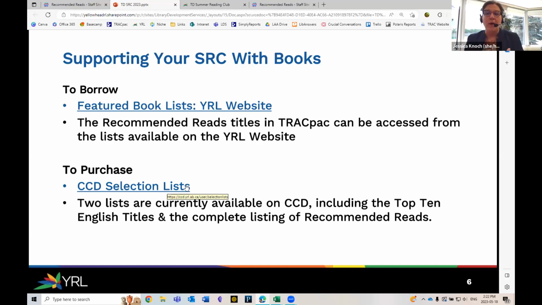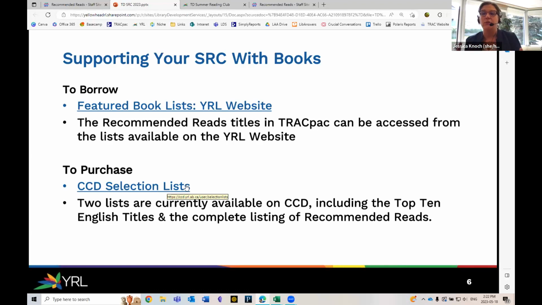CCD, for those of you who might not do collections for your library, stands for Coordinated Collection Development, and it's a place where we can provide a one-stop shop experience for book titles for libraries. So those of you that use this, you're familiar with going in and finding the hot lists and other books. We also create curated lists for purchasing on here, and there's one on here for all of the recommended reads